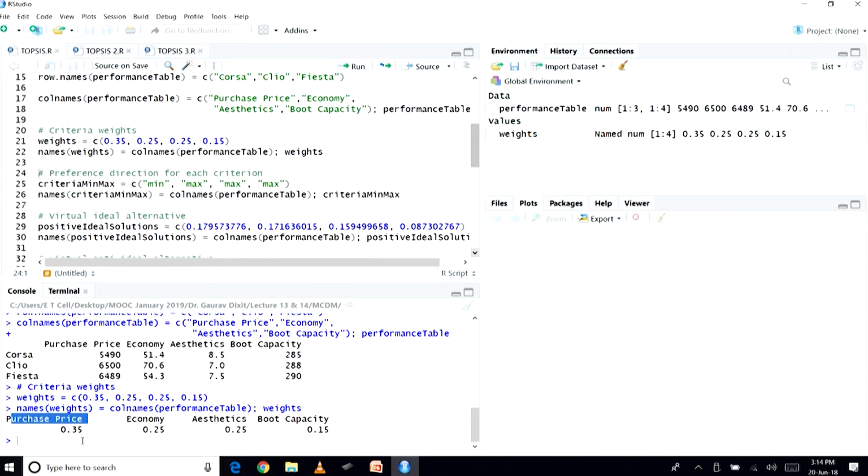is min, and then the second criterion is economy. This is something that we would like to maximize, and therefore this value is max. The aesthetics we would like to maximize, so the third value is max. Boot capacity we would like to maximize, and therefore the fourth value is max. So, this is how we can go about defining the preference direction. So, let us run this code,